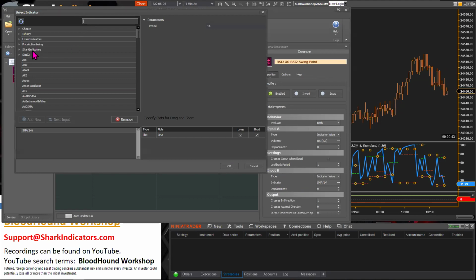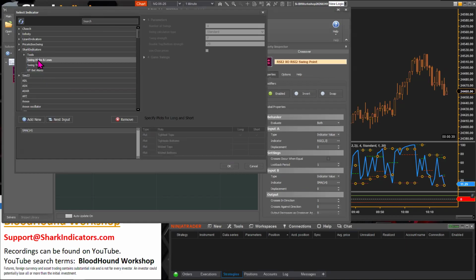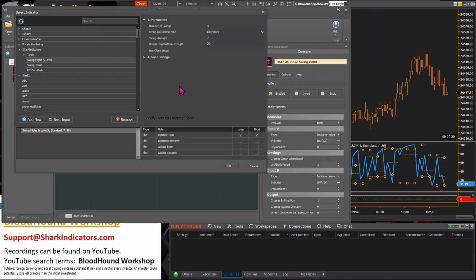Yeah, so we're looking at the swing highs and lows, right? When the RSI crosses the swing lines there of the swing highs and lows. So we're going to add that. And again, we have to change all the settings so it matches exactly what's on the chart. Right, so here's another thing: the swing strength is knocked down to 1.